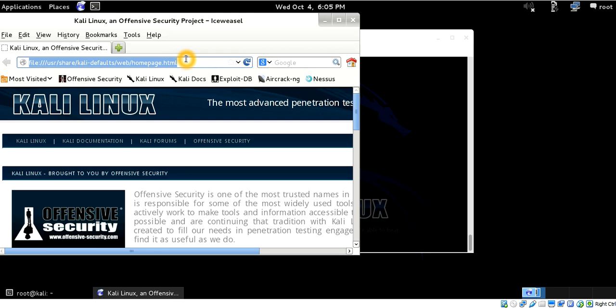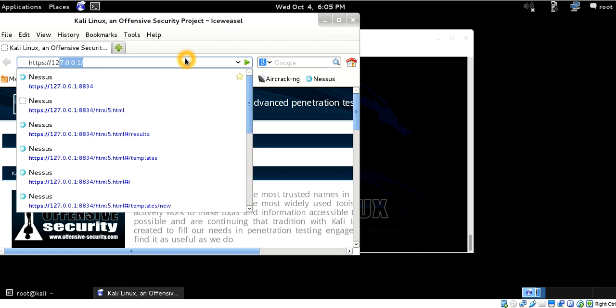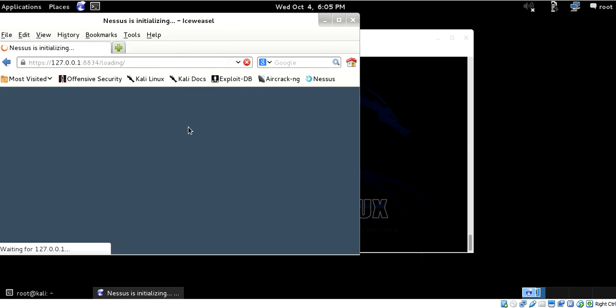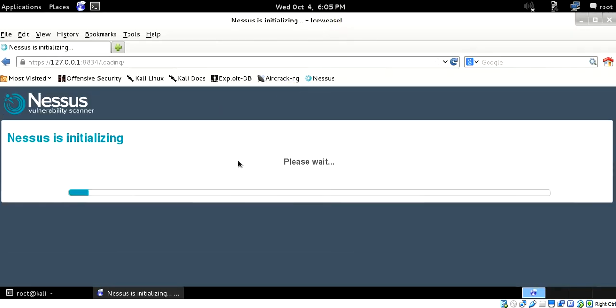This is a default server address, but this must be in HTTPS, that means a secure protocol. The address is 127.0.0.1 and its port is 8834. These are the predefined ones, and here we can see Nessus is initializing,